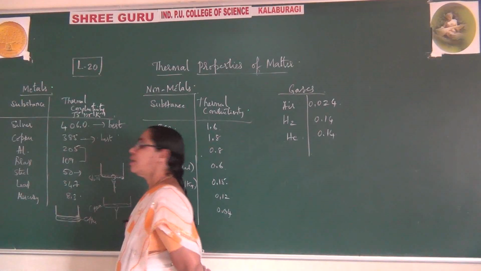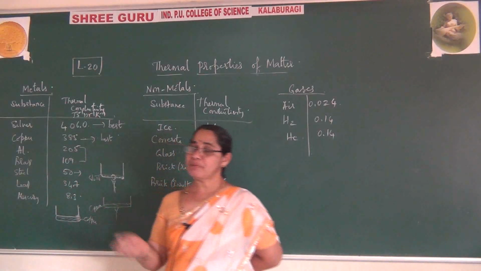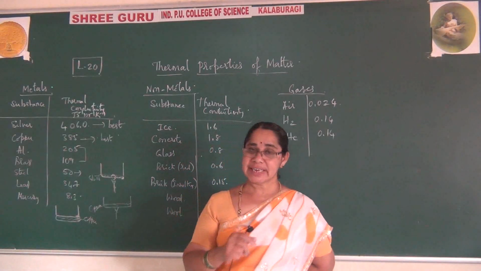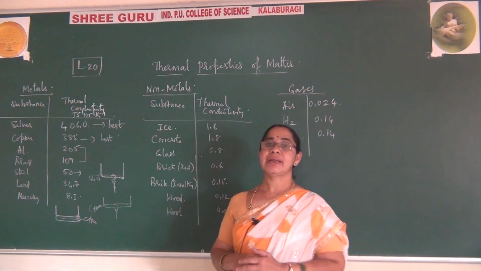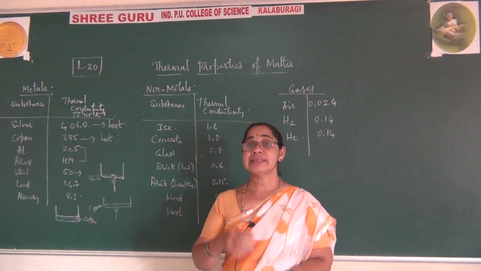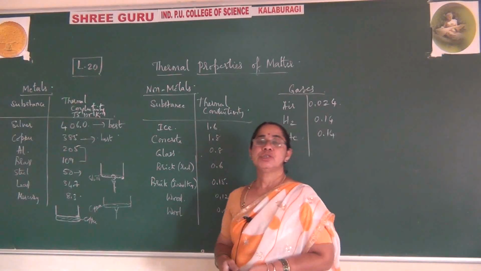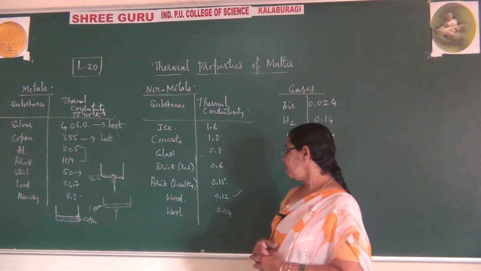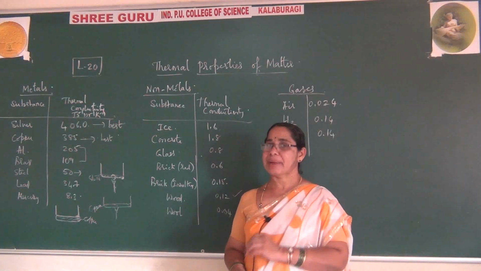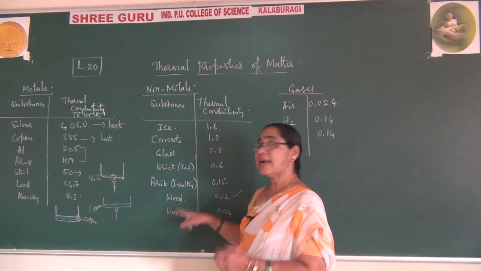One more point. Aluminium and brass utensils are also preferred to cook foods. At the same time, you might have seen nowadays that the handles of pressure cookers, coffee kettles and tea kettles are made of wood. Wood is a bad conductor of heat. So to avoid burning sensation in your hands, we always prefer handles for pressure cookers as well as coffee kettles made with wood and some ebonite.